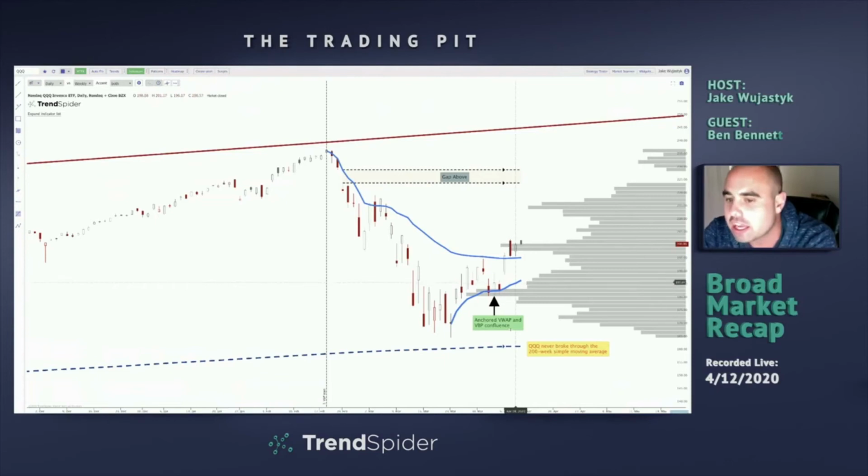And then kind of like SPY, we had this massive volume gap. There was really not a lot of shares holding up here. So as soon as the price gets into this kind of thin air, we can move up very quickly. Notice how we literally moved from 183 to 201 within 2 days because there was not a lot of supply above to keep the price from continuing to move up.